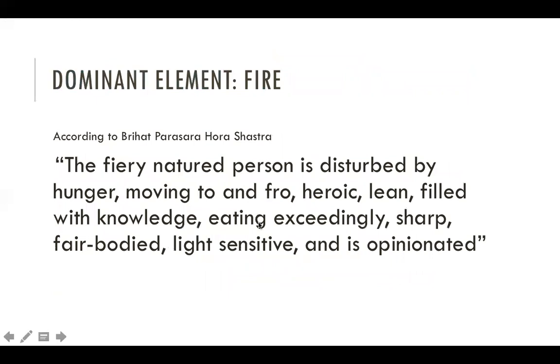Now, how do you know what kind of person someone is? What are their dominant elements? Well, according to Brihat Parashara Hora Shastra, we have different kinds of people, and different people will go through different elements in their lives depending on what element their dasha is running, or what element the planet of the dasha is that they're running. If you don't know what dashas are, you should study Jyotish. You'll see that in one of my next lectures. Basically,